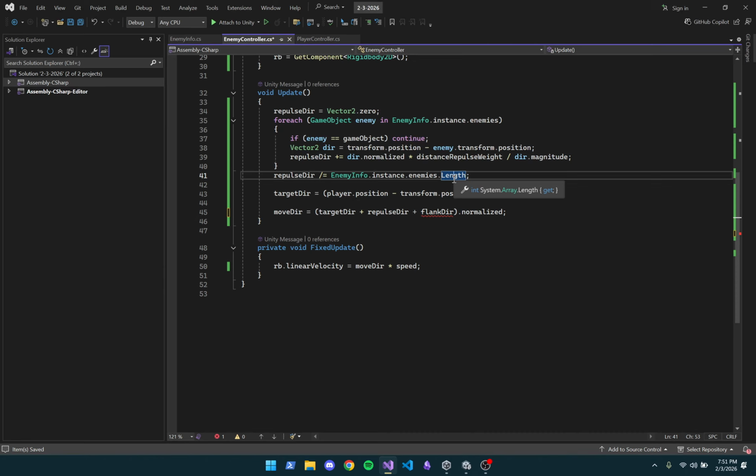There are other things that people do. Sometimes another thing I've seen people do is they define some distance, and this is where you would start getting into more complex AI. Basically you define some distance from the player. So let's say this is a player, right? And then here are my enemies. So their solution to this is not to do the vector combinations that we did here. The other potential solution to this is